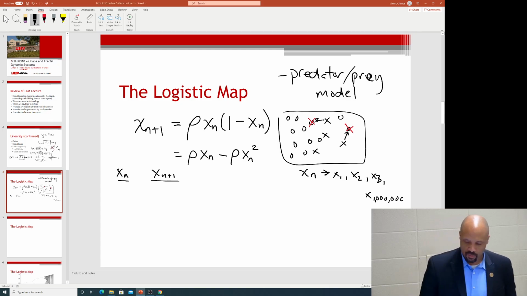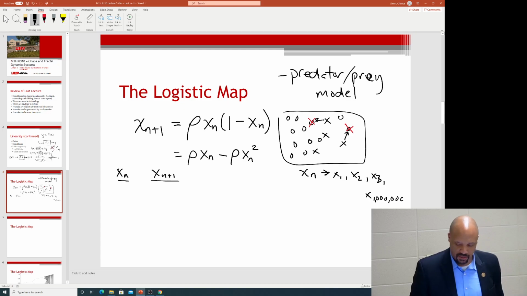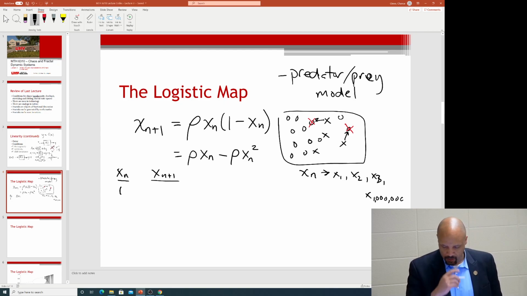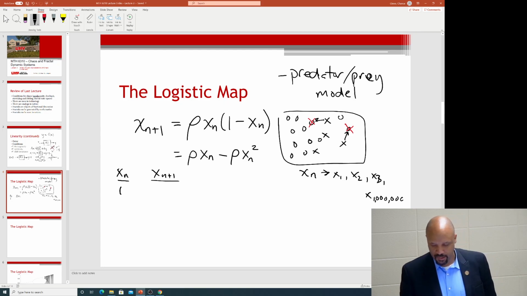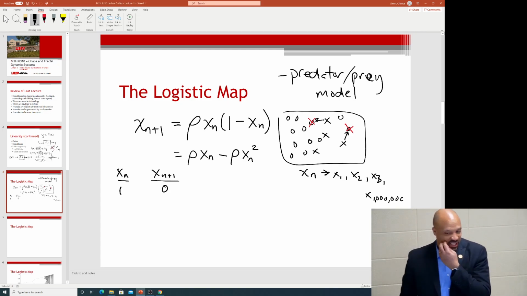Okay, so let's just start off at an easy number. 0 is going to be 0, and if you have no prey, you don't start. There's no reproduction, so it's 0. So that's a simple value. But let's just use 1, right? Easy to multiply. All right, so 1 times rho, so 1, 1, but that's rho minus rho, and that's 0. So 1's not a good place to start either.